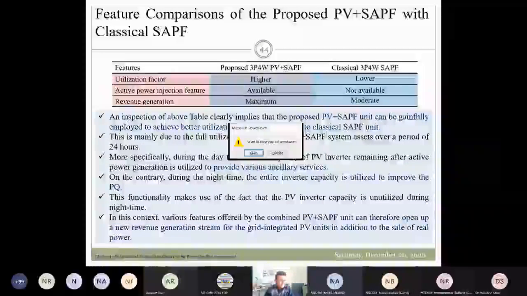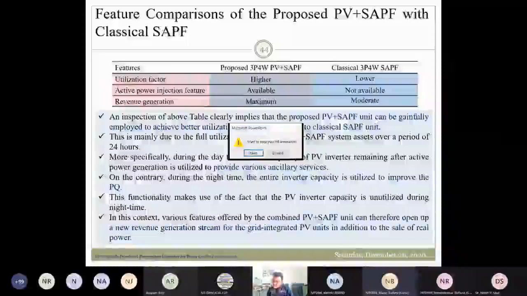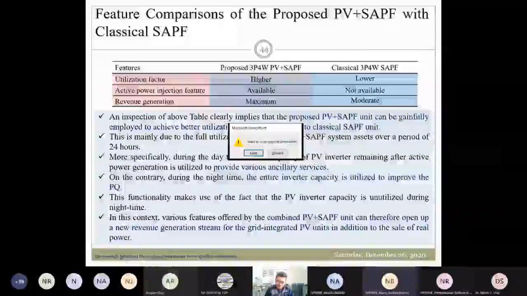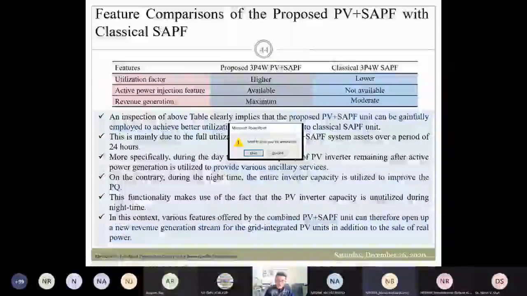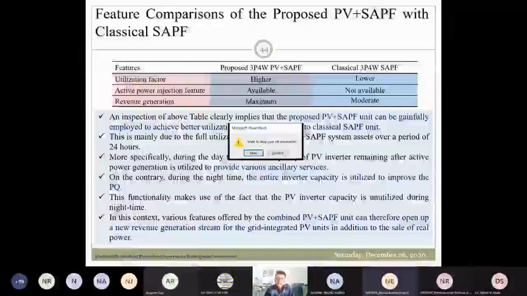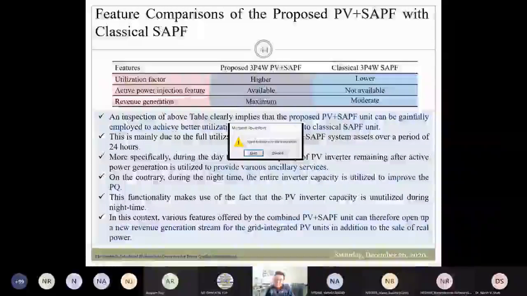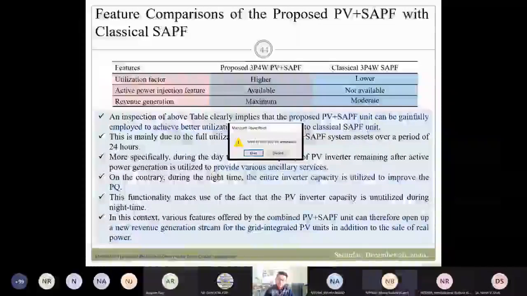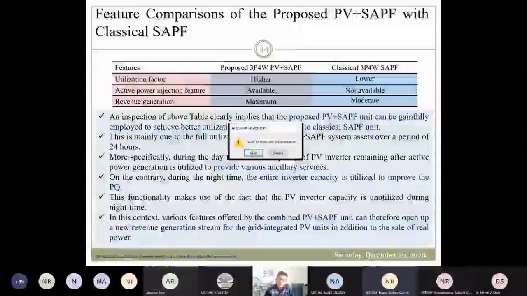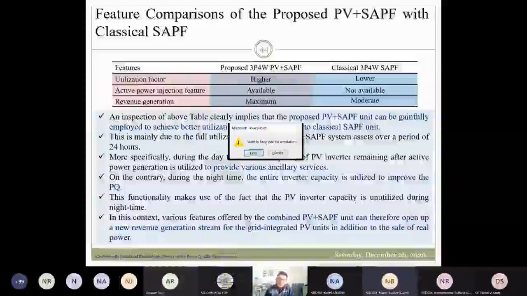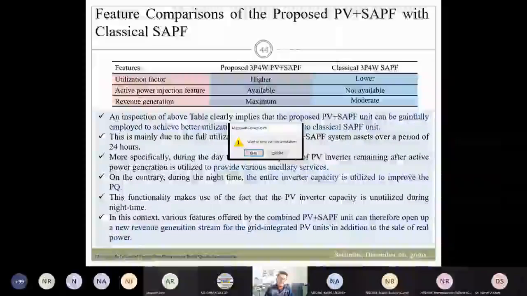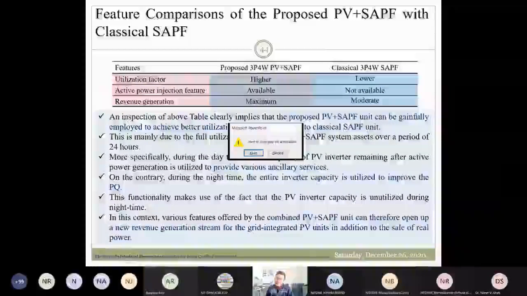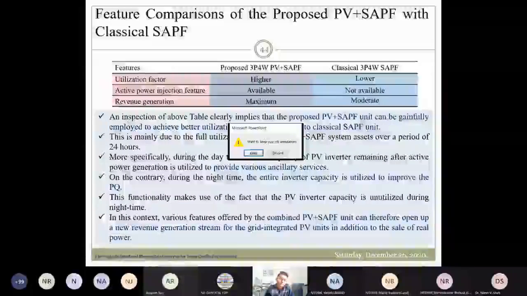Any other questions? Excuse me, sir. In this control topology, was the switching generated with the help of PWM or hysteresis? I have used both hysteresis as well as sinusoidal pulse width modulation. What frequency did you decide for PWM generation? For the PWM, I have considered 5 kilohertz, and for the hysteresis current control, I have used 7.5 kilohertz.